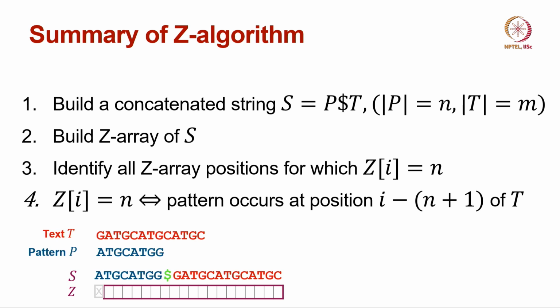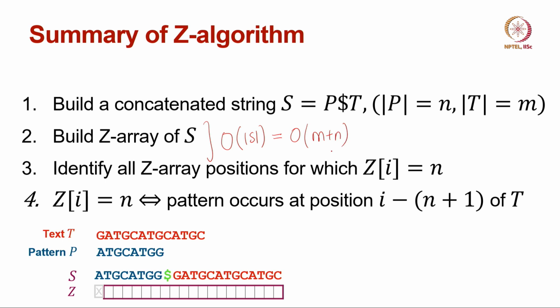Since we have a linear time algorithm to compute the Z array, we also have a linear time algorithm to solve the exact pattern matching problem. Because recall that when we are solving the exact pattern matching problem, we are building the Z array of the concatenated string, and then we are scanning the Z array for the concatenated string. So, if we are building the Z array in order S time, which is equivalent to order m plus n time,